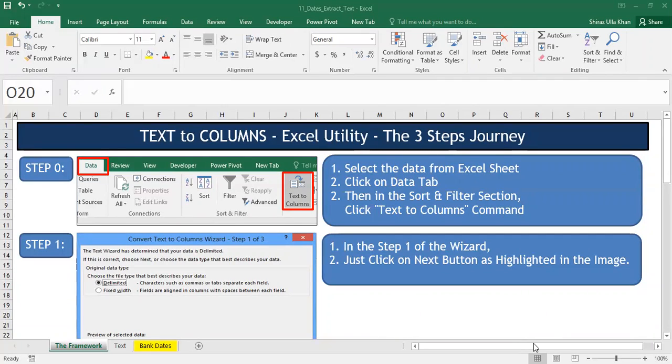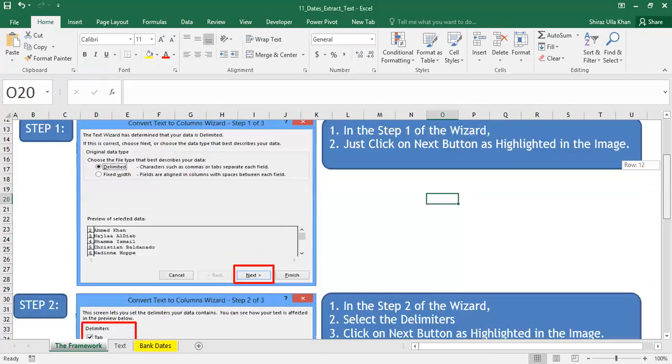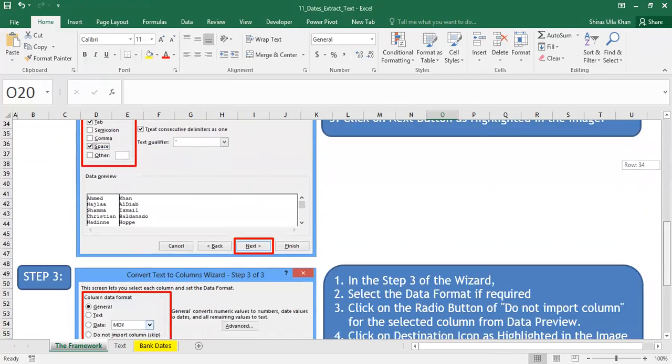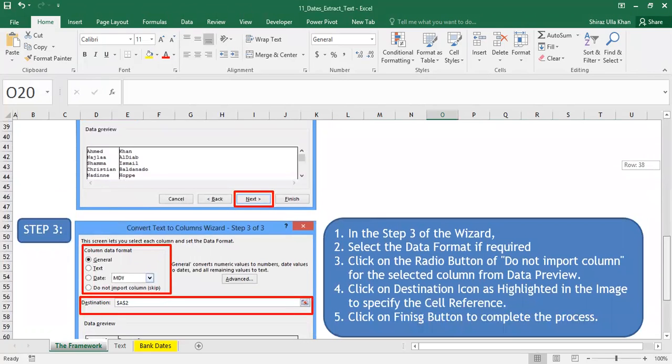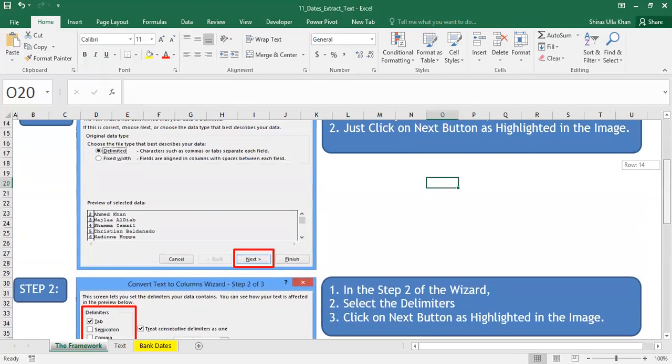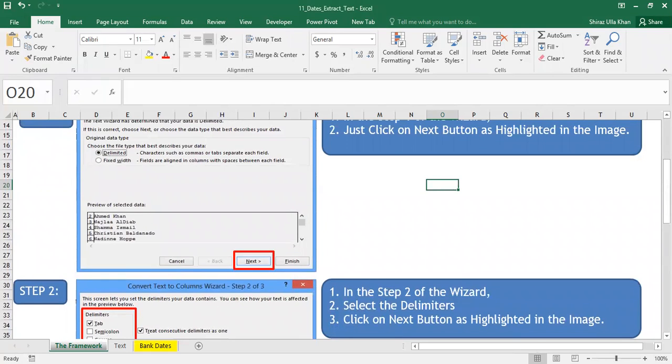So people, if you can see my screen here, I have just depicted the steps here. I'll just show you the steps, people. These are the steps with the screenshots which you have to do in order to split the data. So I'm not going to explain it further. It is a very straightforward step-by-step wizard which can help us to split the data.